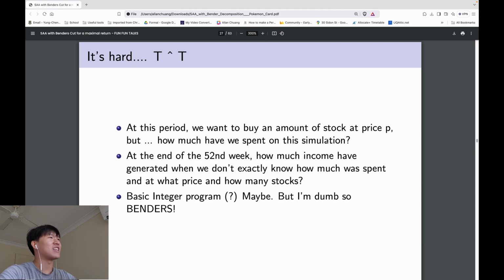I tried it myself and it just didn't seem to work out, so I decided to go with Benders. And I suppose this is the whole point of this video today. It's an introduction to Benders decomposition. More specifically, today I'm going to be mentioning logic-based Benders, which is somewhat different from classical